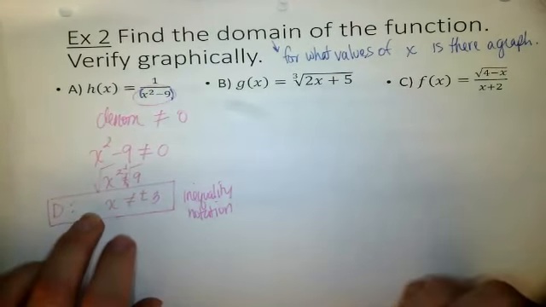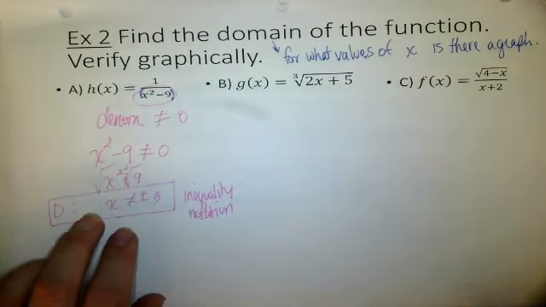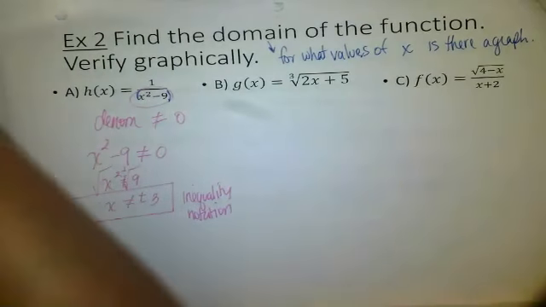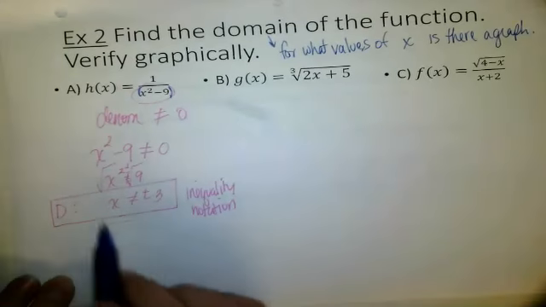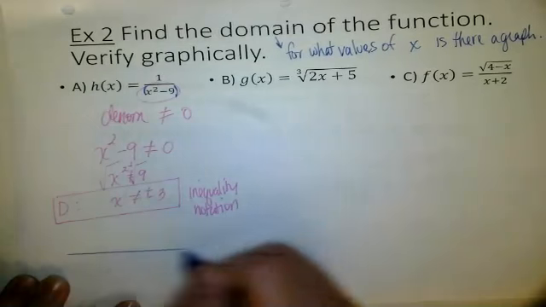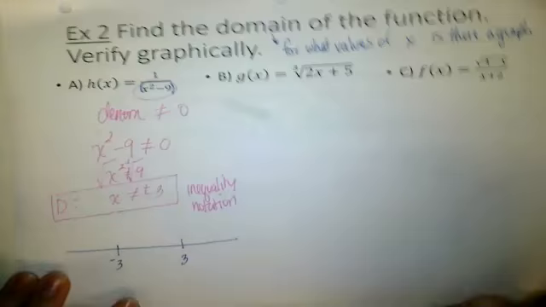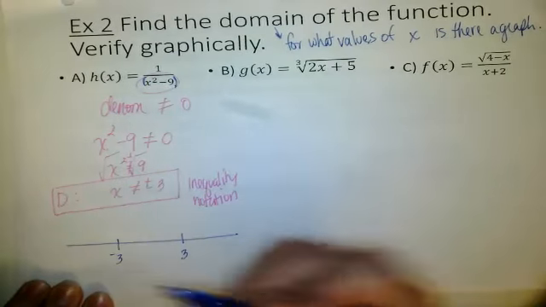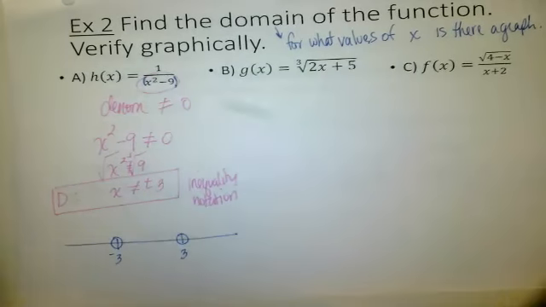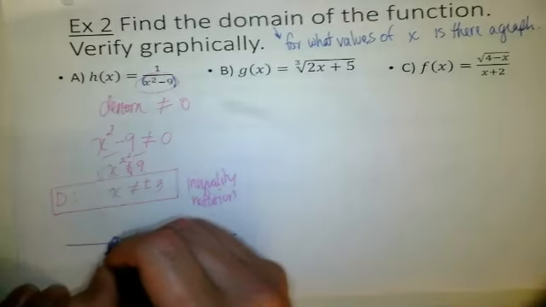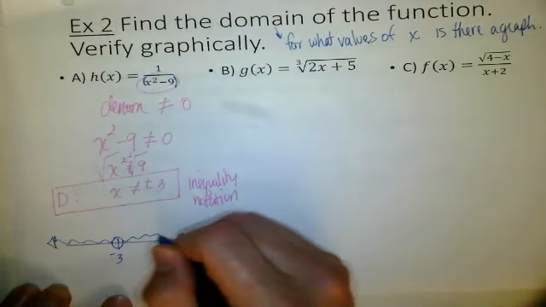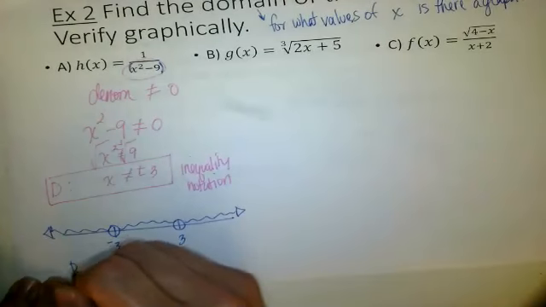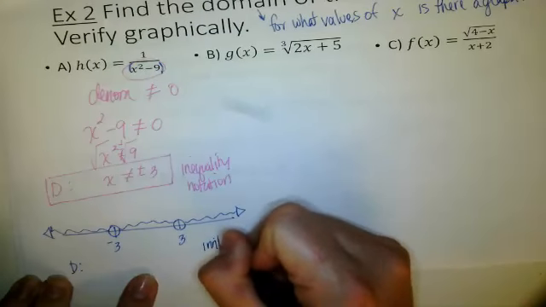All other x's work. So your book might say all real numbers except x equals plus or minus 3. Okay, so they're taking those out. I want to talk about interval notation. If I were to graph this on the number line, I would have -3 and +3. And since I'm not allowed to equal negative and +3, do I use an open or closed circle? Open. Okay. Those two values do not work, but everything to the left works, everything in between works, and everything to the right works. If I wanted to write the domain using interval notation,